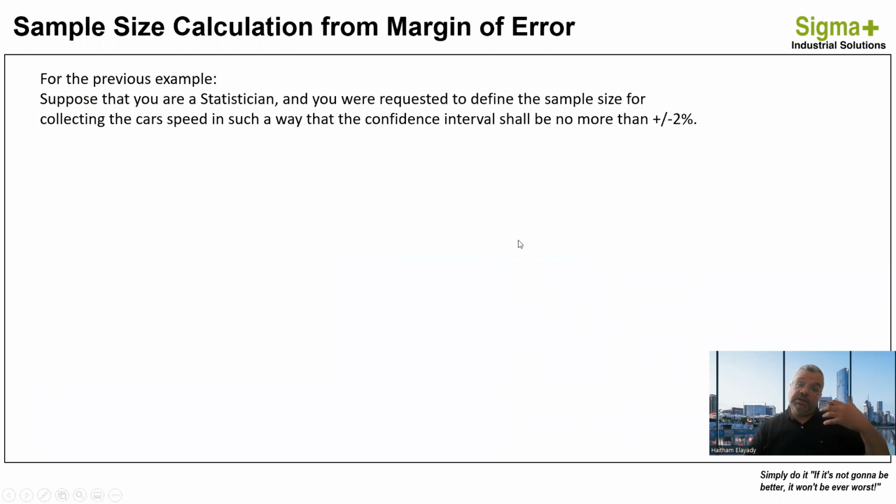Okay, now let's do this exercise backward. What do I mean by backward? I mean, suppose that you want to control the percentage of the error, the margin of error, and based on the margin of error, you need to calculate the sample size. In the first example, we didn't give a condition about the